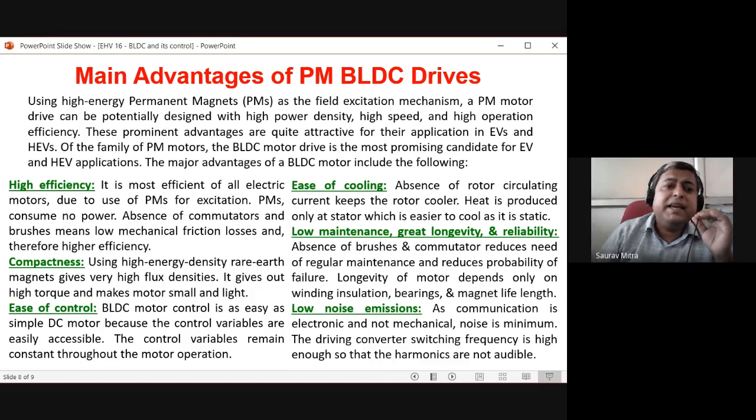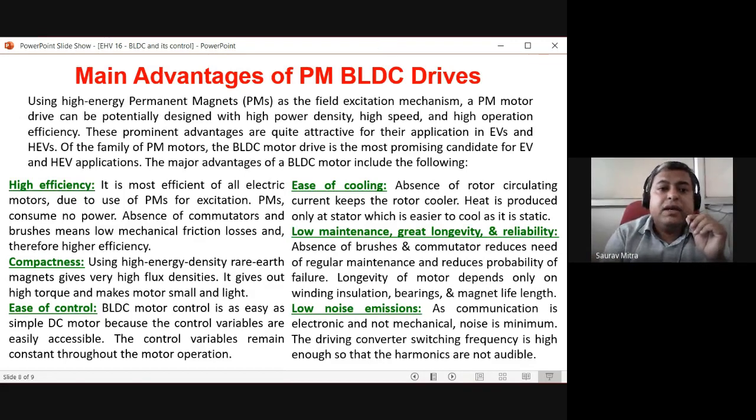So, using high energy permanent magnet. PM stands for permanent magnet as a field excitation mechanism. So this is creating the magnetic field which is required for motor rotation. Now I told you the motor principle, Fleming's left hand rule. There should be a magnetomotive force MMF, there should be an EMF, and they will interact with each other and produce what is called mechanical action. So in this case, the permanent magnet is used to create that MMF magnetic field,